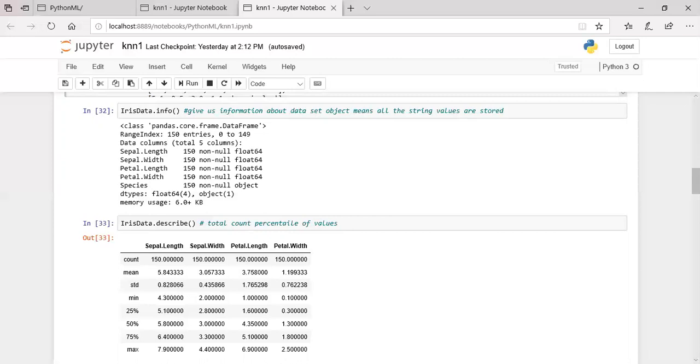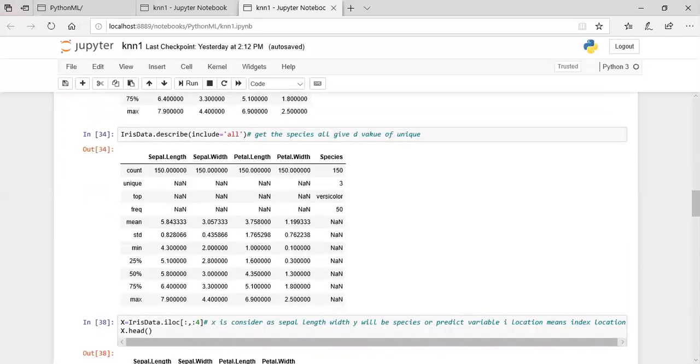Also we display the percentiles of these values: 25%, 50%, 75%. Here our command is only describe. There are only 4 columns, except the predictive variable, that is the target variable. Our species is not displayed.